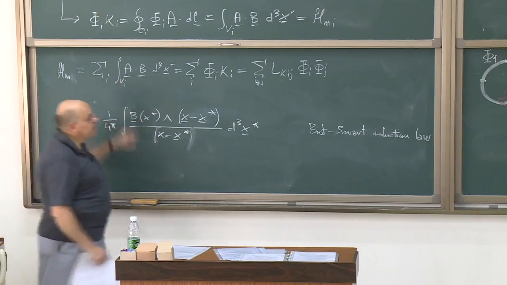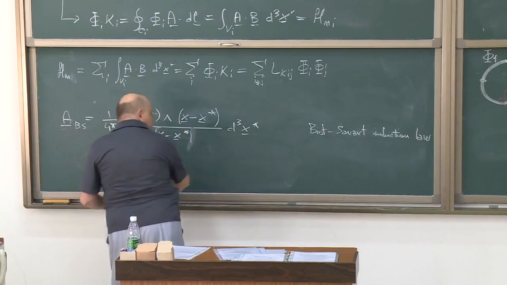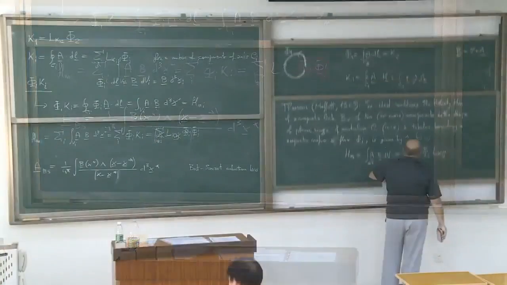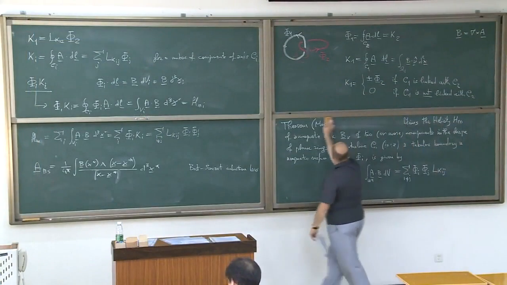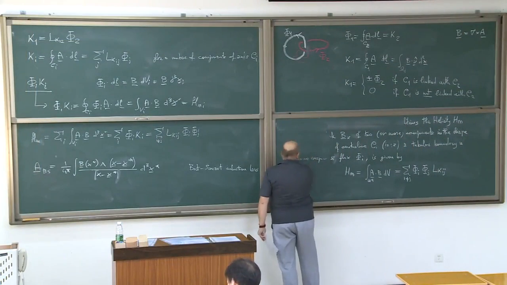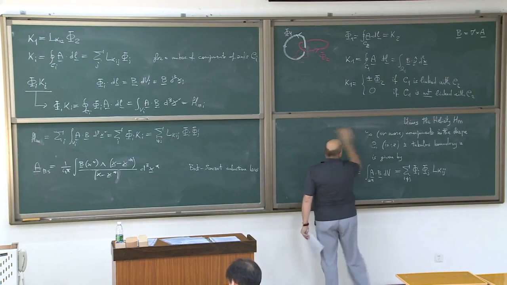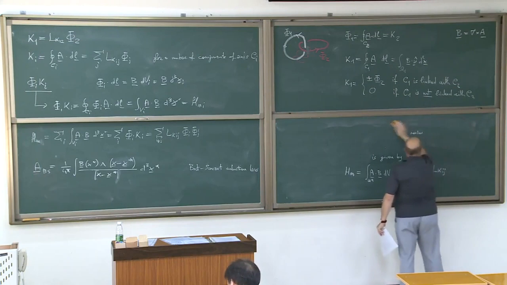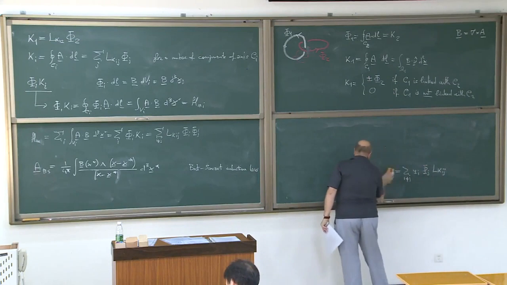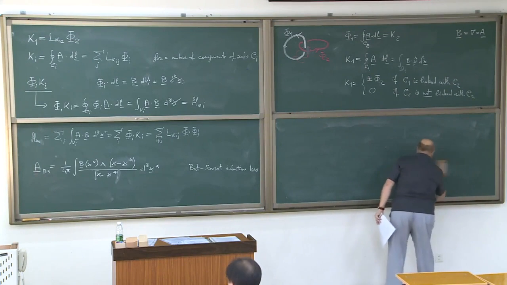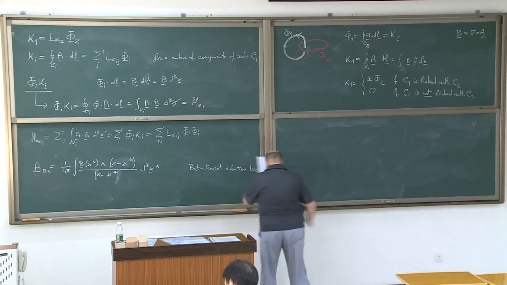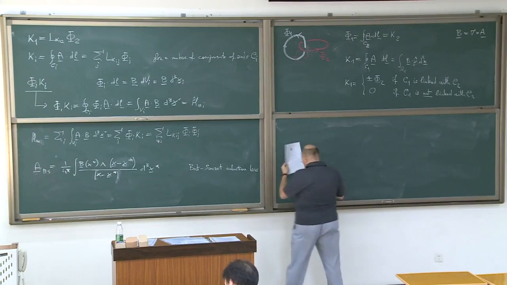That's it. So you see, if we have fields that are localized, we can always take these phi dl as the field times the volume. So if we do that,